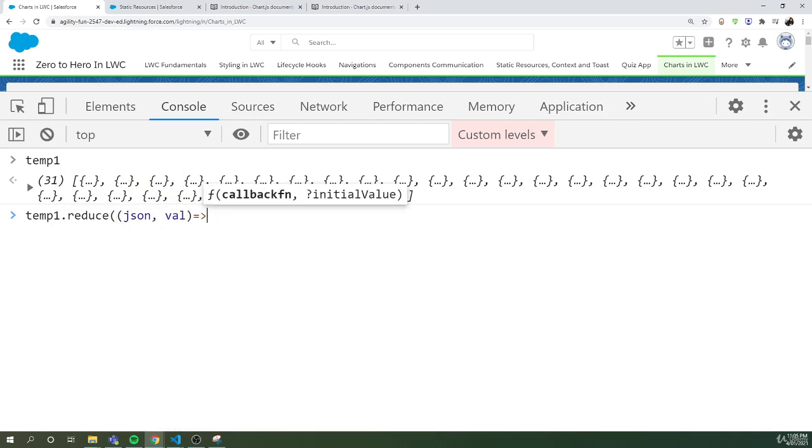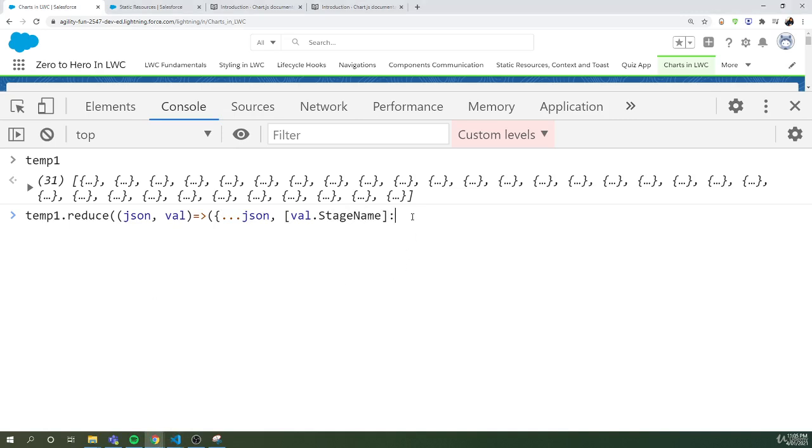And what we're gonna do is we'll say run the JSON as it is and add a new key, value dot stage name, and the value to this